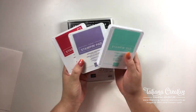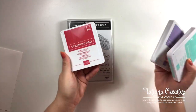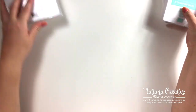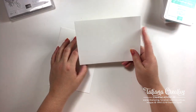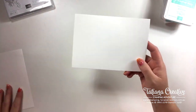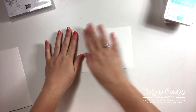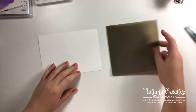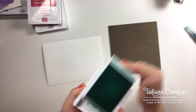Color palette I thought would be fun: Coastal Cabana, Highland Heather, and Lovely Lipstick. And I have two pieces of Fluid 100, our watercolor paper. We're going to create a background first. My silicone mat, and we're going to use the ink smoosh technique because...